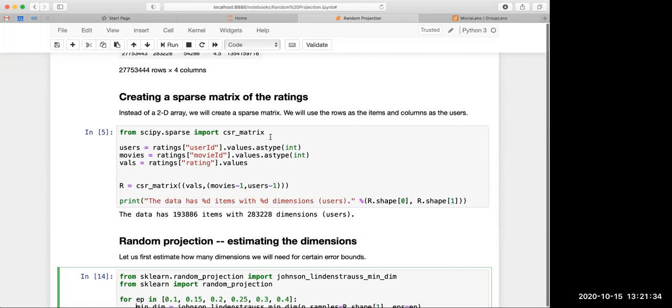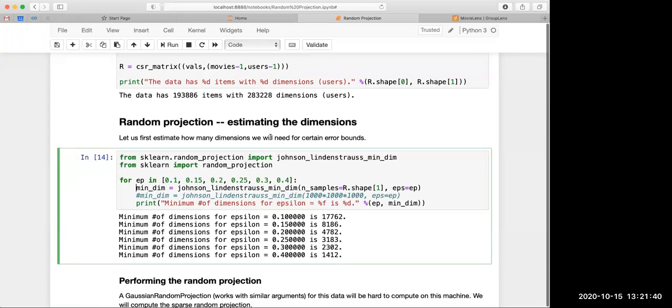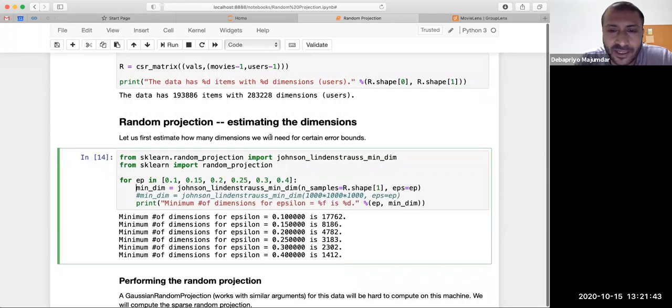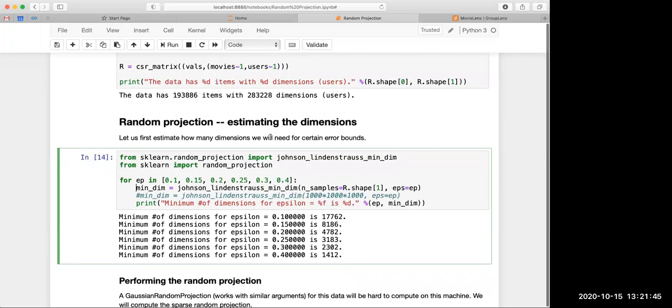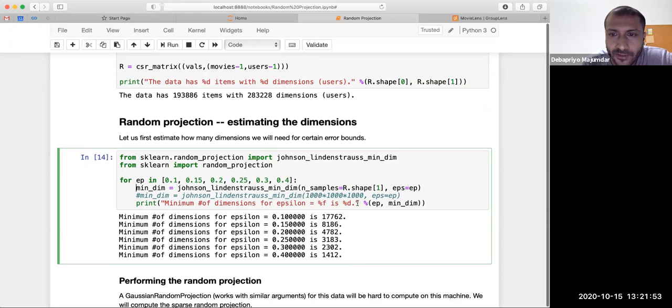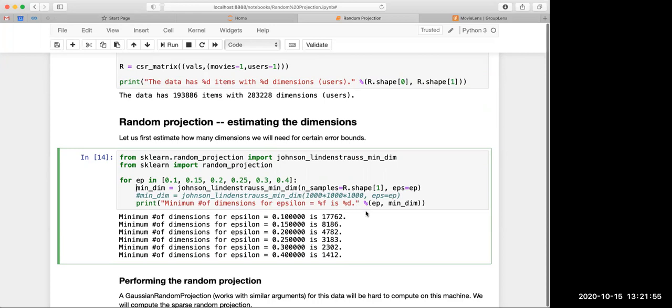Sir? Yes. Sir, that value of R depends on the number of data items, right? Not the original dimensions. In the previous cell where we are calculating the required value of R for a desired epsilon, why are we passing R.shape[1] as one of the parameters? Shape 1 will give us the dimension, right? Shape 0 will give us the items.